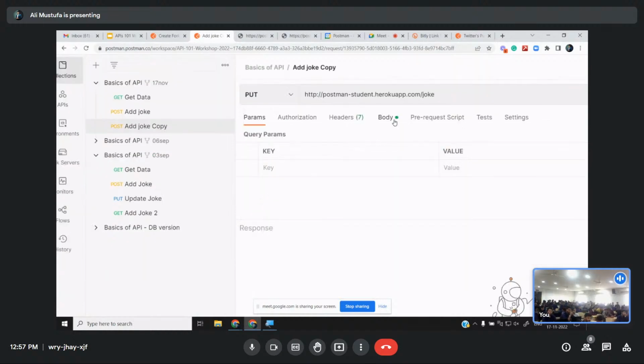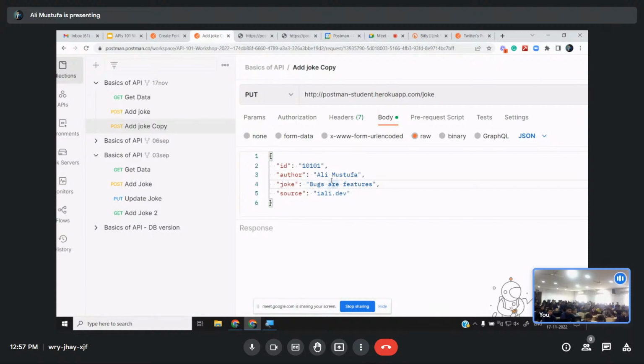put, और बॉडी में क्या चेंजेस होगा? आईडी सेम रहेगा, आईडी चेंज मत करना, क्योंकि तुम्हारा जोक फिर चेंज होगा, बराबर? नाम चेंज करो और जोक चेंज करो, अच्छा सा जोक लिखो। मैं लिखता हूँ जोक, आई एम अ फुल स्टैक डेवलपर, व्हाई? बिकॉज आई पुल कोड फ्रॉम द इंटरनेट।